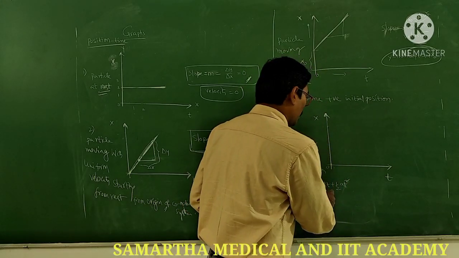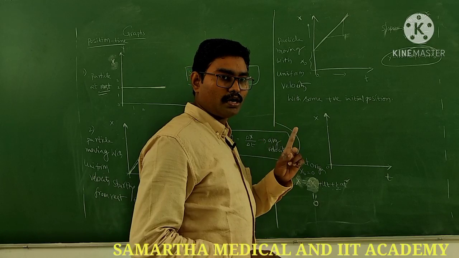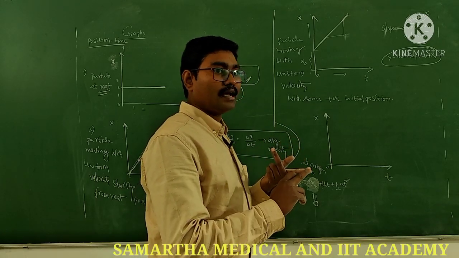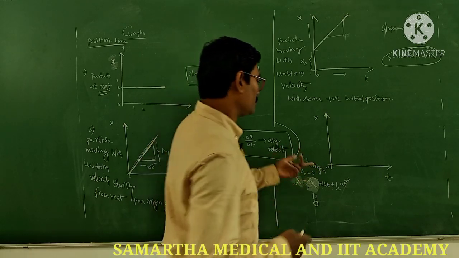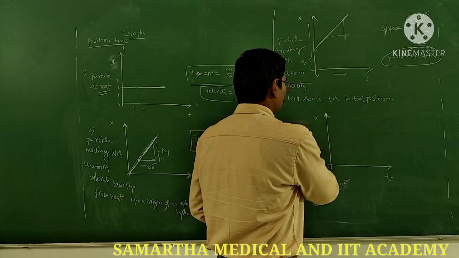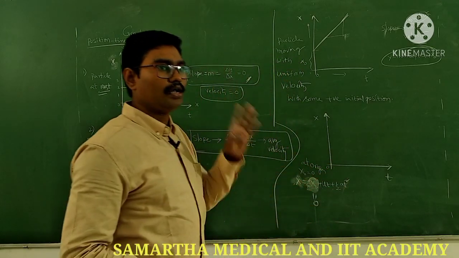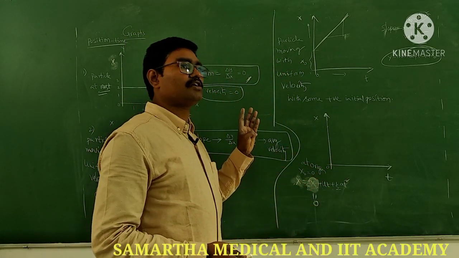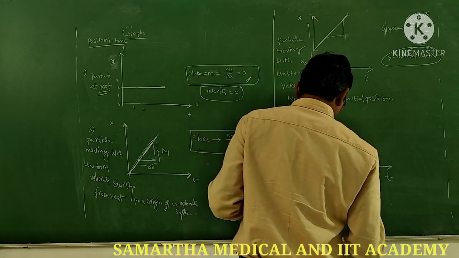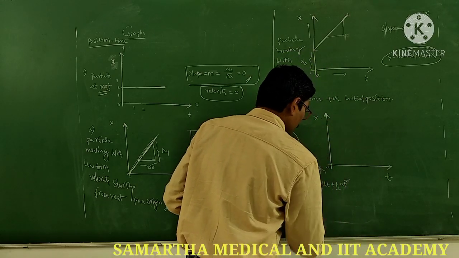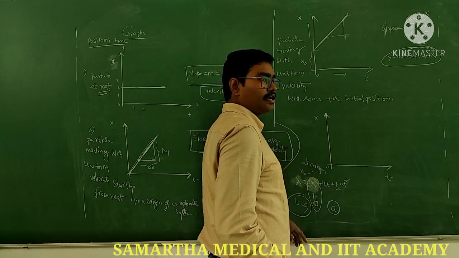And the particle starts from rest also. Observe the words. One, the particle starts from the origin and from rest. And one more thing, the particle is going with uniform acceleration. Okay, so three conditions. The particle starts from the origin, from rest, and moves with uniform acceleration. That is the condition. Okay, so that means what? u is 0, x naught is 0 and a is present.